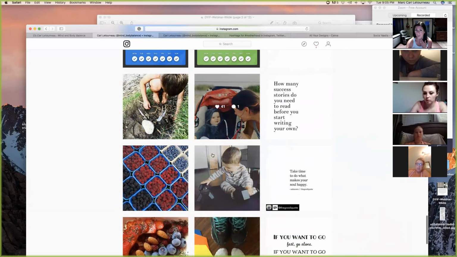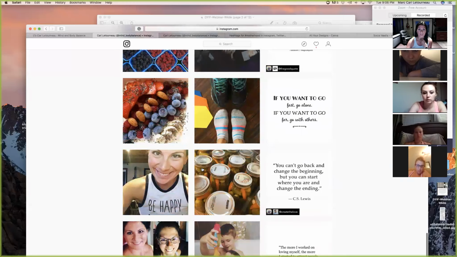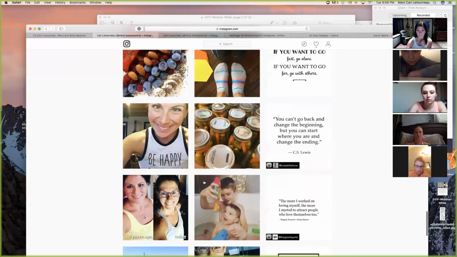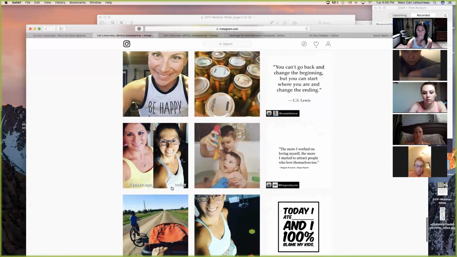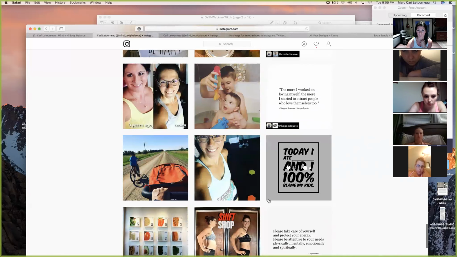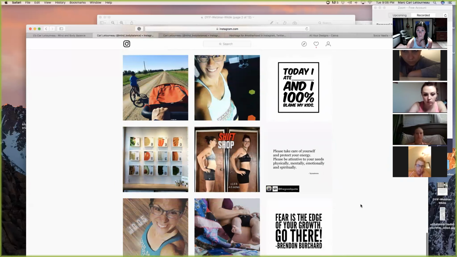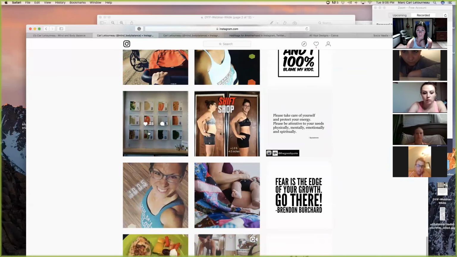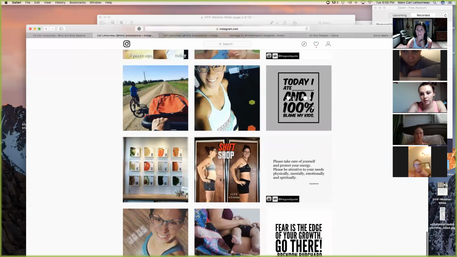I'm still posting about my kids. And I'm still using the hashtags for my children, which I'll talk about later. But I want to paint a picture. I've been canning. Here you go. Here's a transformation. So I'm still showing transformation pictures that came up in my Facebook feed that day, my memories. Shift shop results, like things are still happening, but like we went out for lunch. I didn't know that picture was going to come up, but I knew after that I was going to post